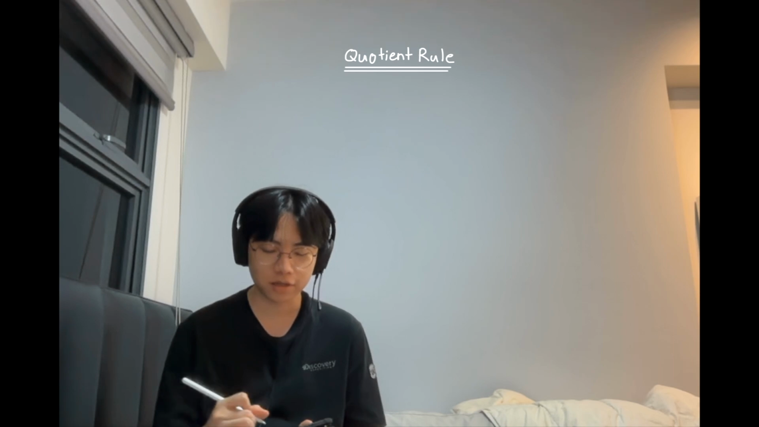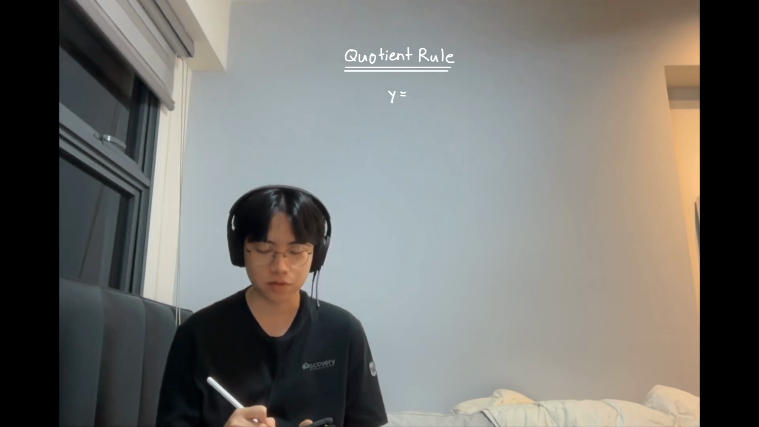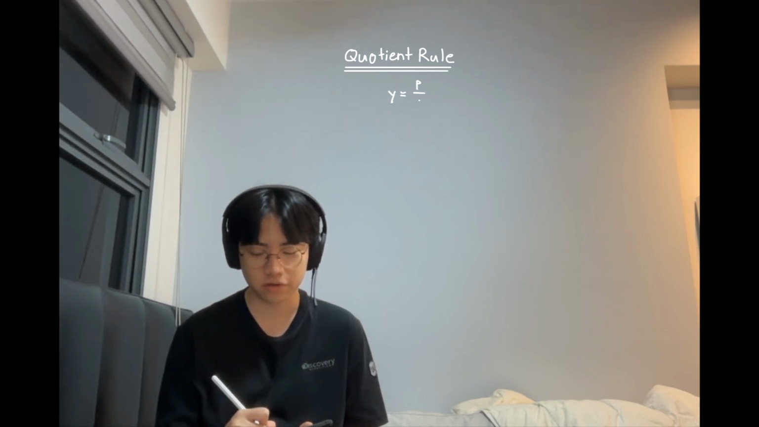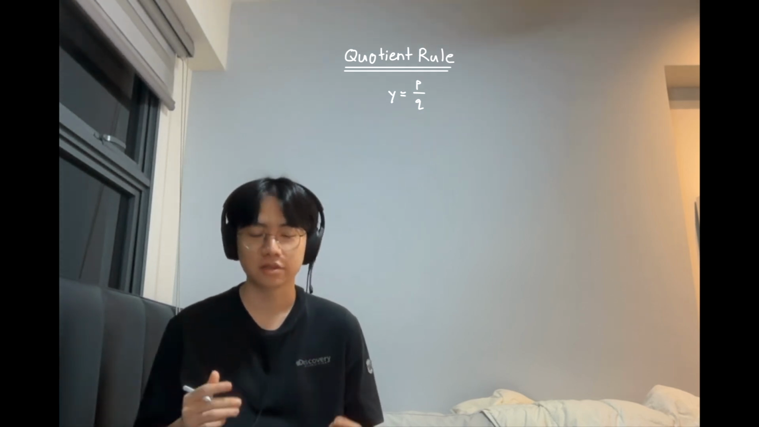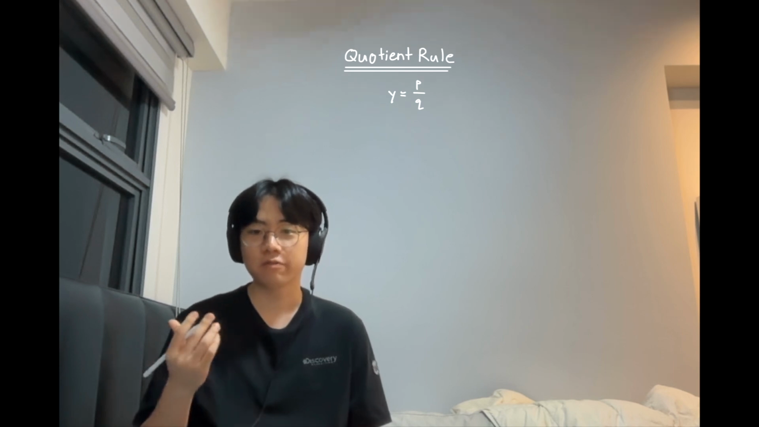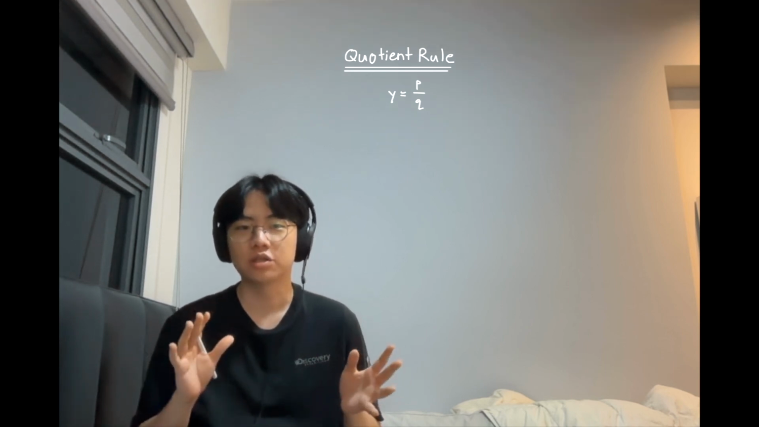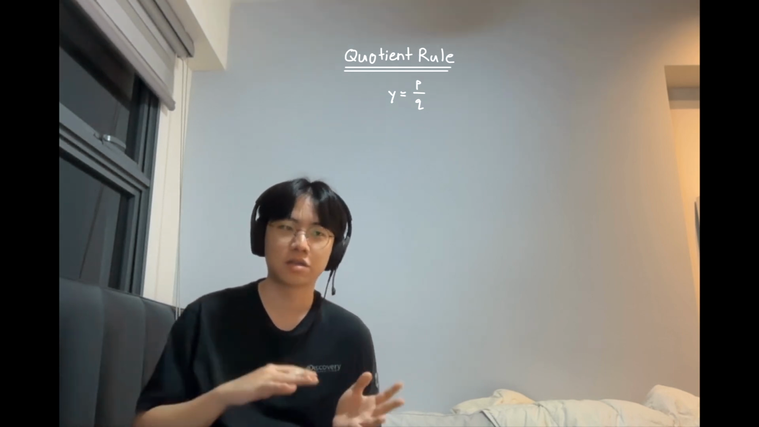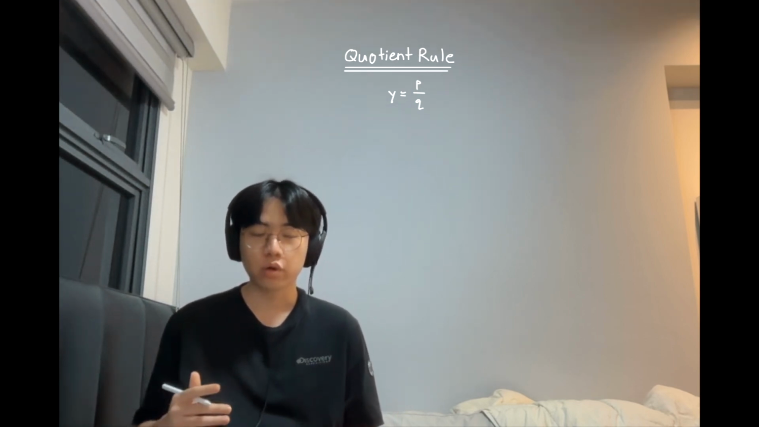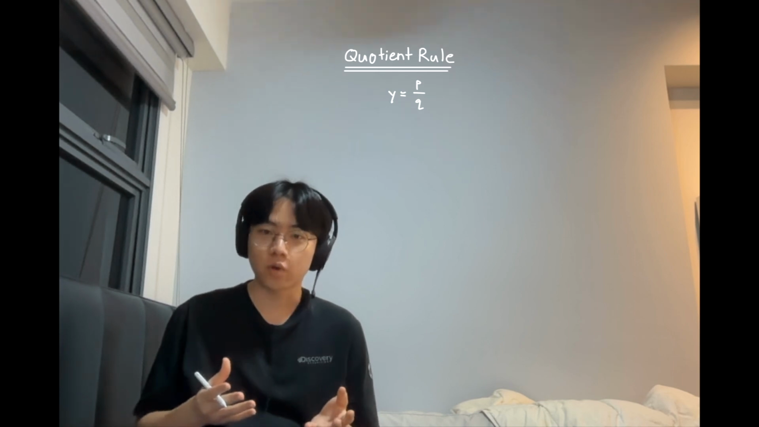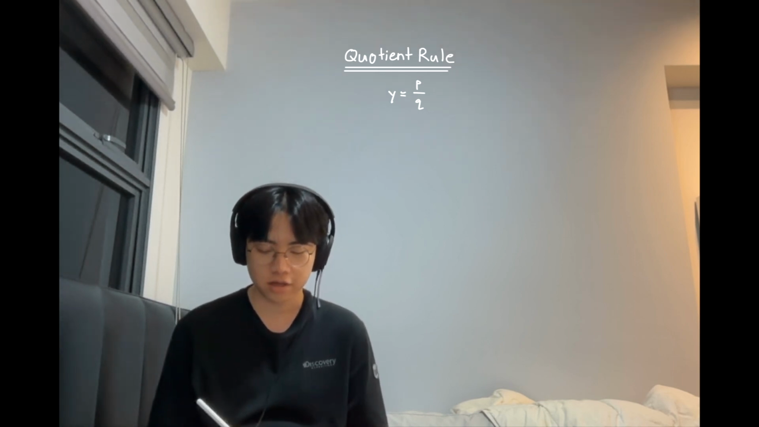Let's say we have something like y is equal to p over q. This is what we call a rational function. You can think of p and q as combinations of x's, so it can be x squared, ln x, e to the power of x, anything. And let's say now we wanted to differentiate this y. We wanted to find dy